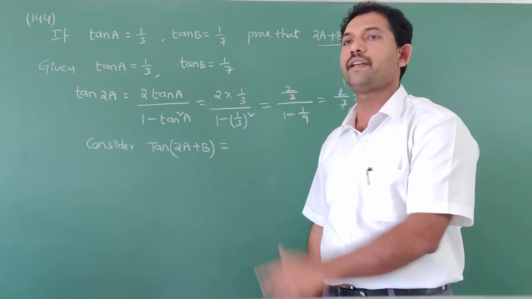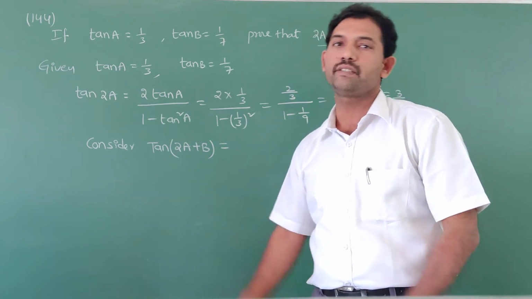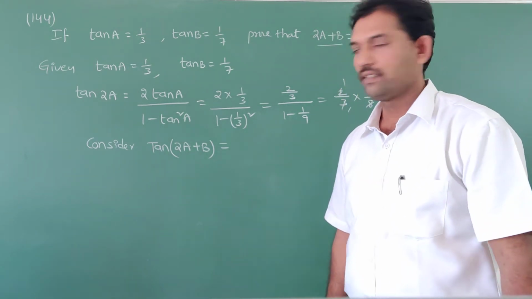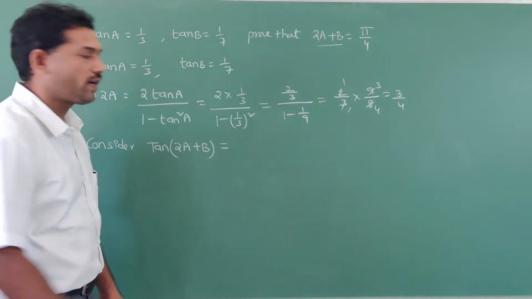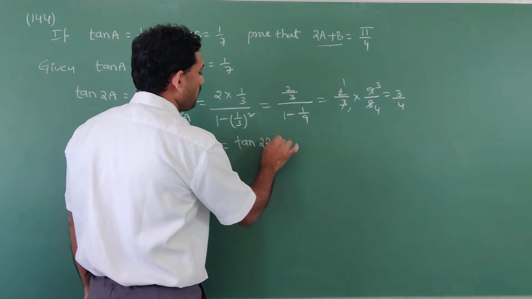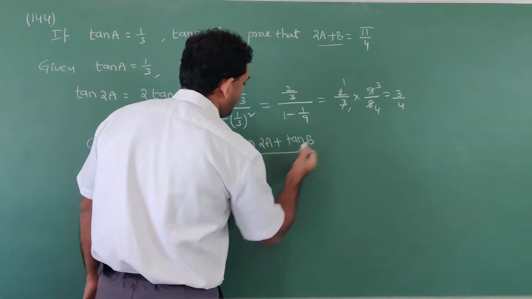That's why I consider tan of 2A plus B. Suppose the data is given in terms of sin or cos, then I will consider sin or cos. So the tan of x plus y formula,